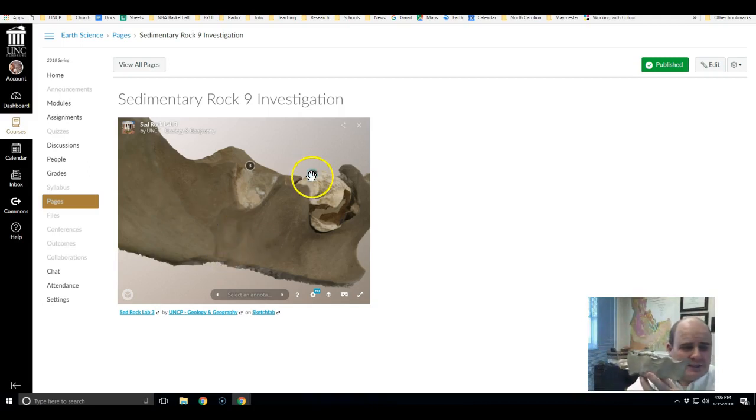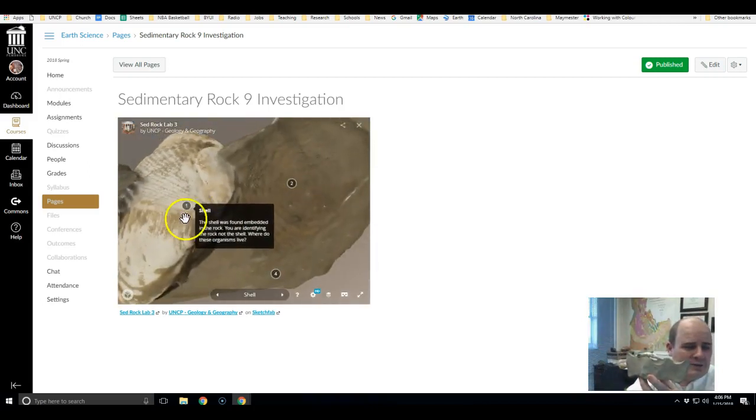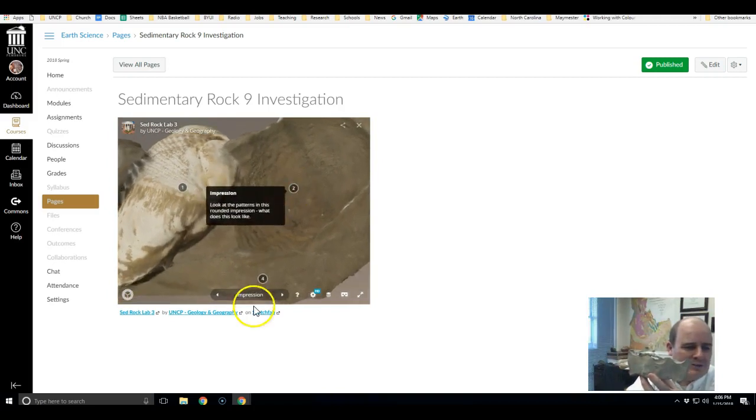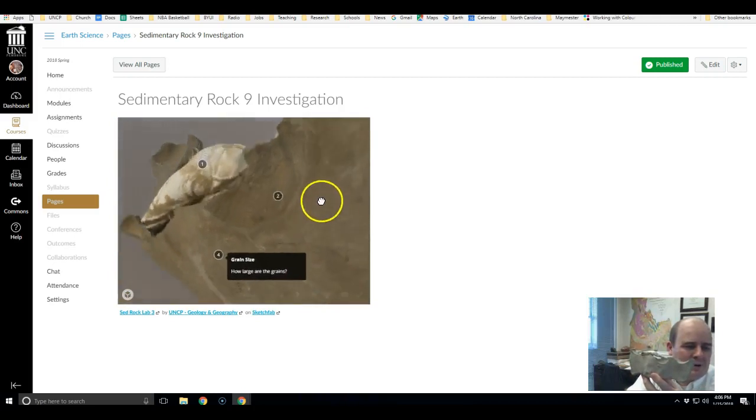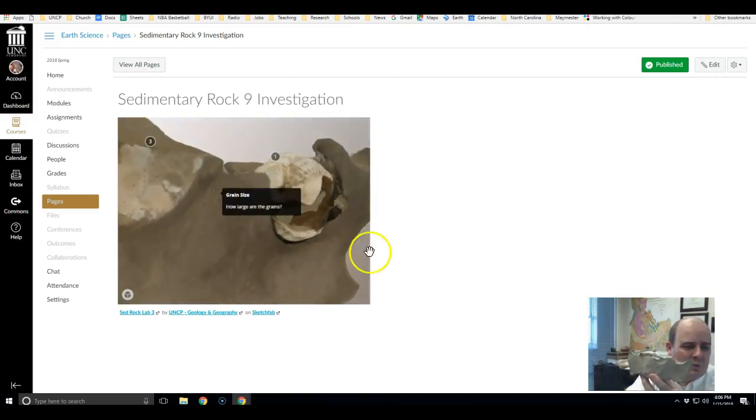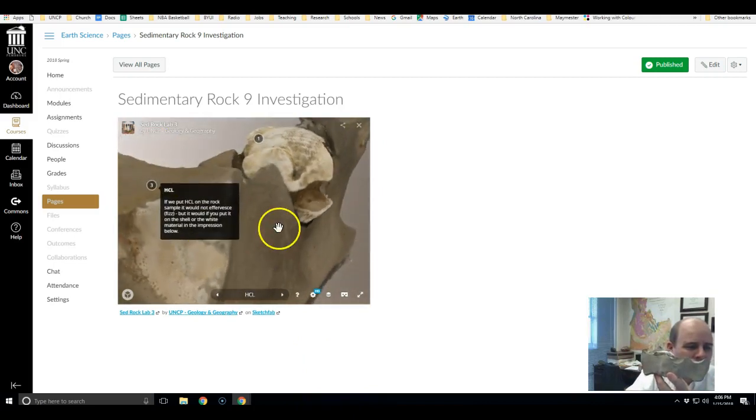Now on this one specifically, they have some annotations here that will give you some clues. It will help you to understand maybe what's going on in the sample here to look at your observations. So what you would do is you would go through the observations here, look based off the clues. You'll list as many observations as you can about that rock. Okay, I'm going to go back to,